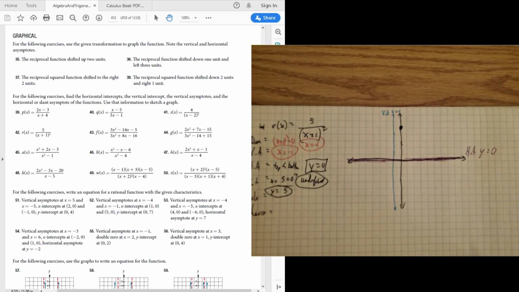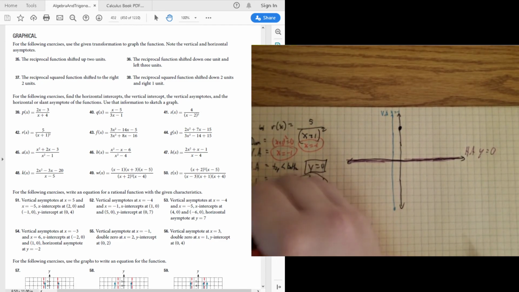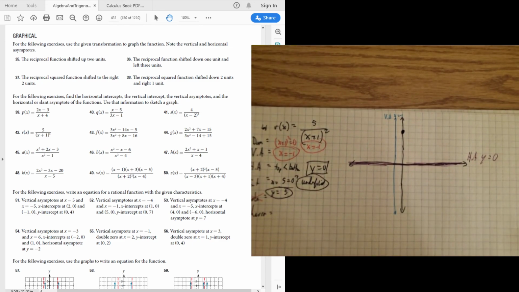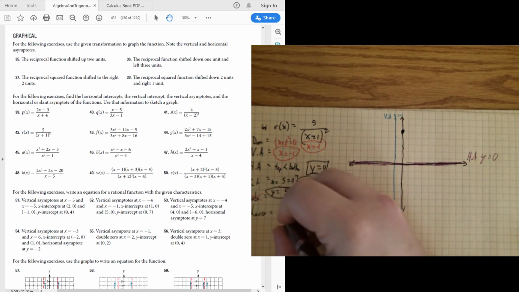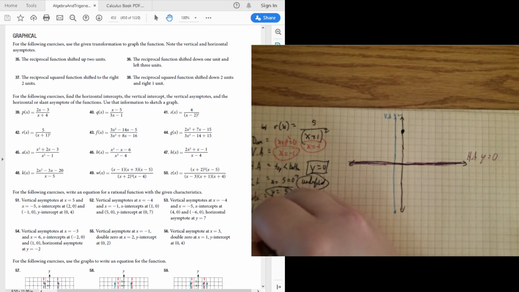Okay. Are there any holes? You notice that there are no x-intercepts, which means I can't compare them to my vertical asymptotes. And since neither one of these match up, that means there's no holes. Behavior. Okay, I notice that on the bottom I have (x + 1)², which means I have -1